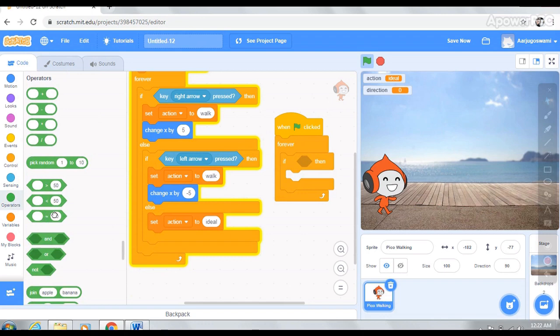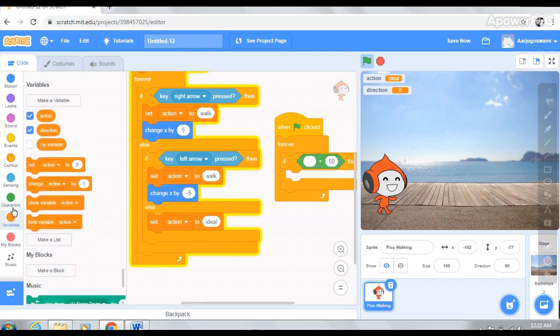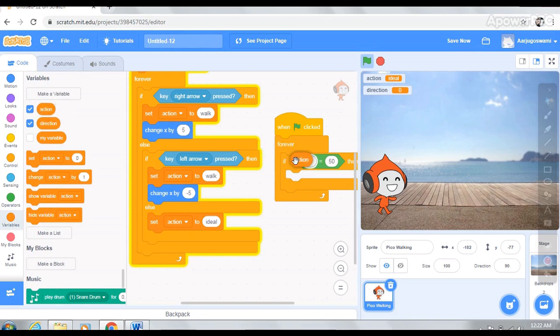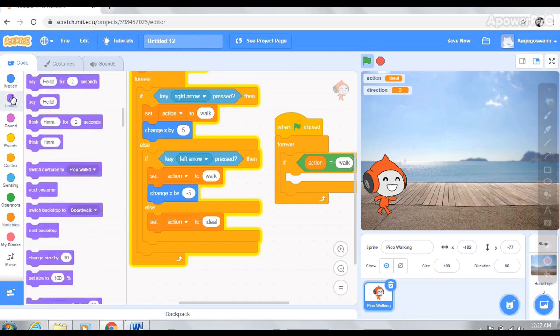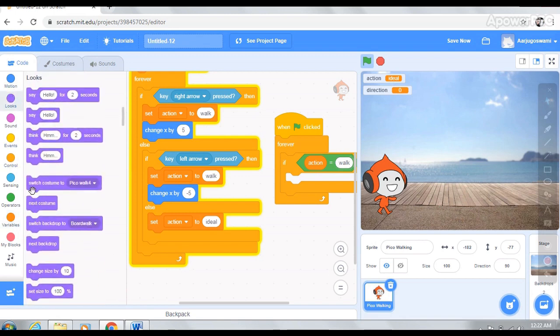We have a condition that if action is equal to walk, then my sprite will change costume. So I go to looks and I select next costume.